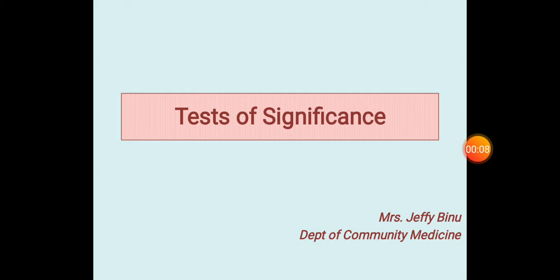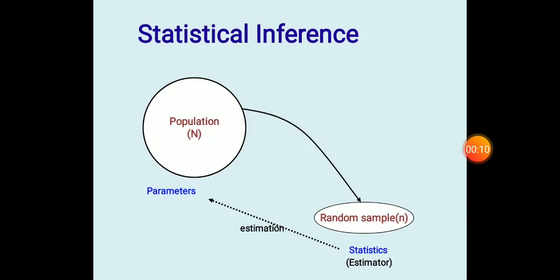The class is test of significance. So what do you mean by significance, or what do you mean by the test of significance? Some part we have discussed in the last sessions where we have calculated the standard error and all. So actually what we are doing in any statistical test is what is represented as a picture here.